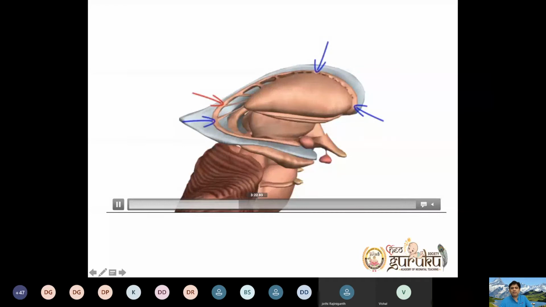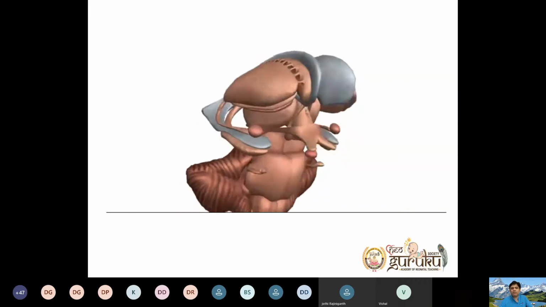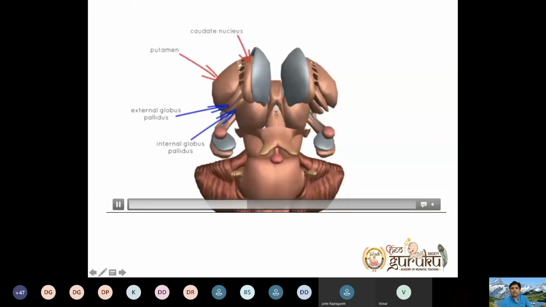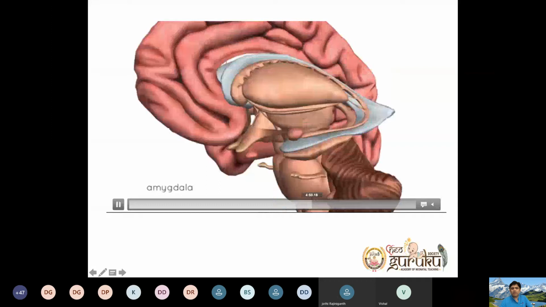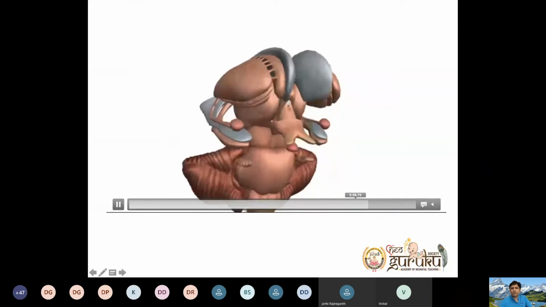You would identify structures, but if you don't have that imagination of what the shape of the caudate nucleus is, what the shape of the thalamus is, what the relationship of the hypothalamus to the pituitary gland is, you will miss a lot of things. So this basic anatomy is very important. This is how it looks. I think I've told you things. We are moving on to the next one.